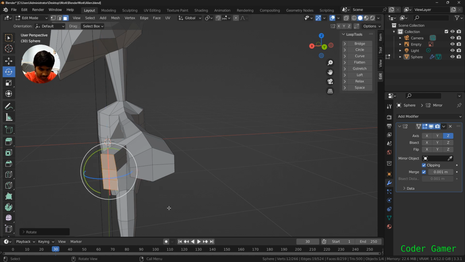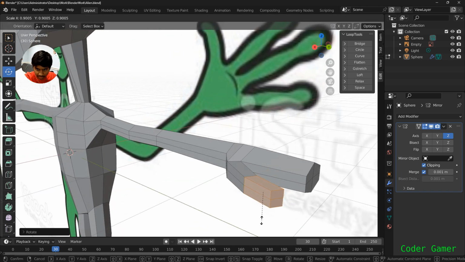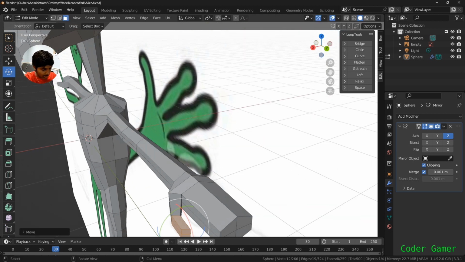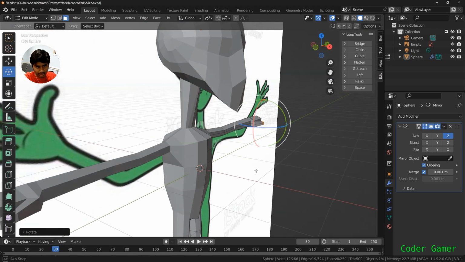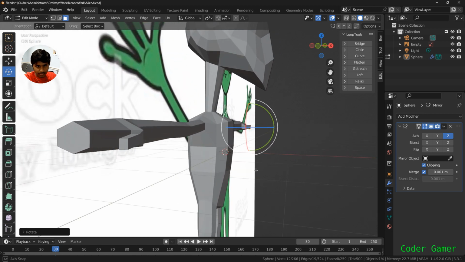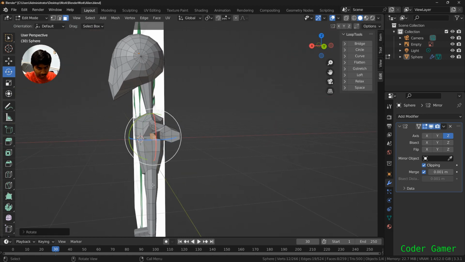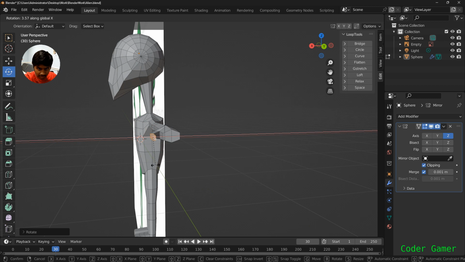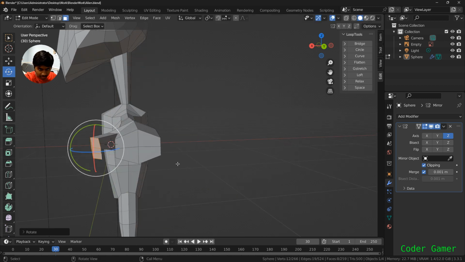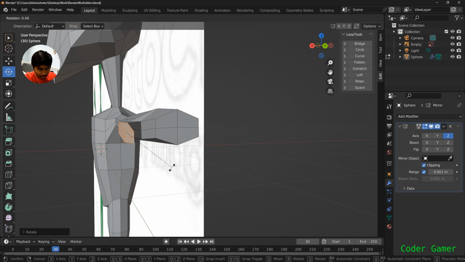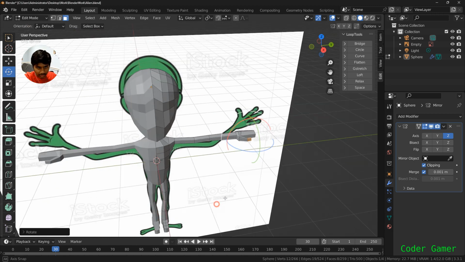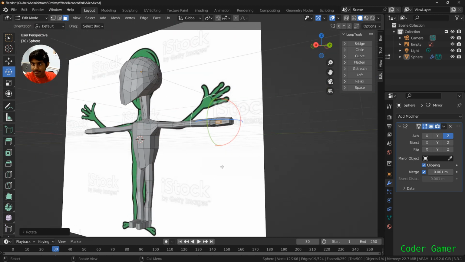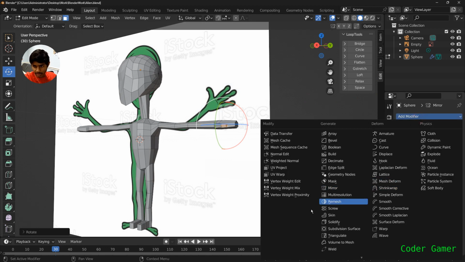RZ and S, G and RZ. And yeah, we have our hand and our thumb. And if you need to, you can rotate a bit more. I'm going to rotate mine on the x-axis just to move it up a bit. So there we go. And now we can try our solidify modifier